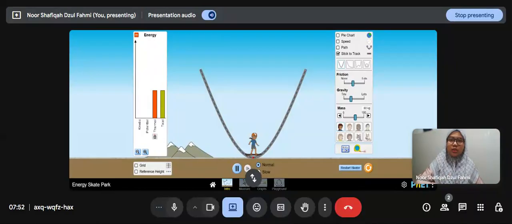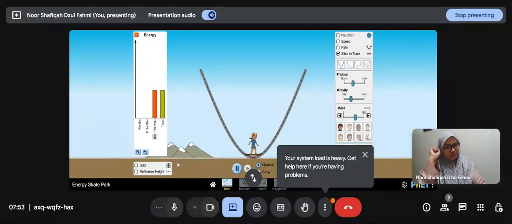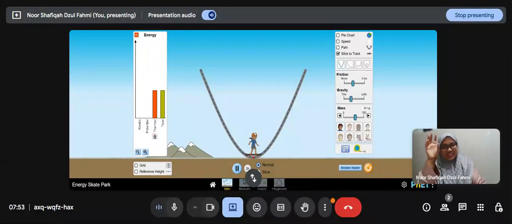skateboarding on the ramp? So I would like to pose two questions to all of you in the class today. First thing first, can you help me by identifying what kind of energy is involved whenever she is moving along the U ramp? And secondly, what are the factors that are affecting her speed on the ramp? Is it friction? Is it gravity? Is it mass? Okay, you can help me with that in the count of three.